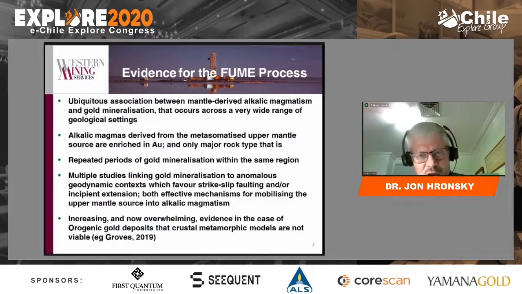And that occurs across a really wide range of geological settings. We also see that alkalic magmatic rocks that are derived from the metasomatized upper mantle are enriched in gold. They're significantly enriched in gold in most cases. And importantly, they're actually the only major rock type that is enriched in gold, unlike other elements like copper, which